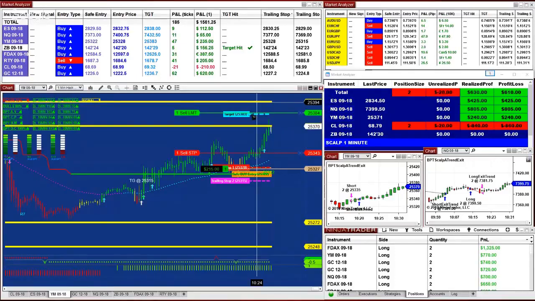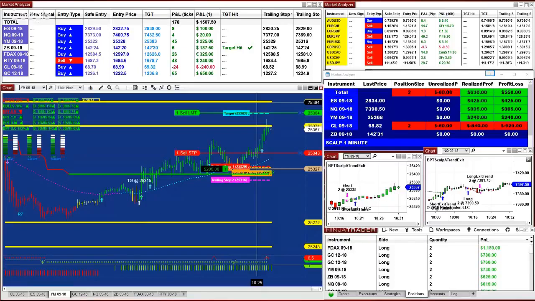But when you are using the ATM strategy, you can maybe decide you want to move it a little bit down and take it one tick below and close your position. Or if you want to, you can move up your trailing stop a little bit and then call it off. So this is the advantage between the fully automated and the ATM strategy.